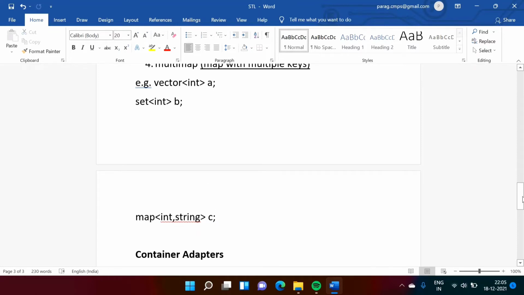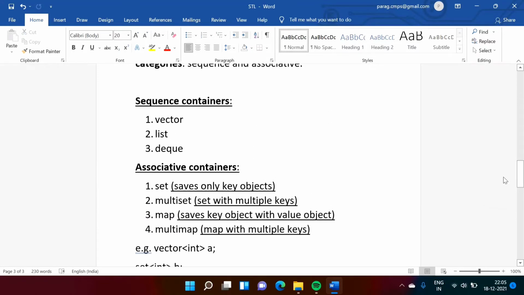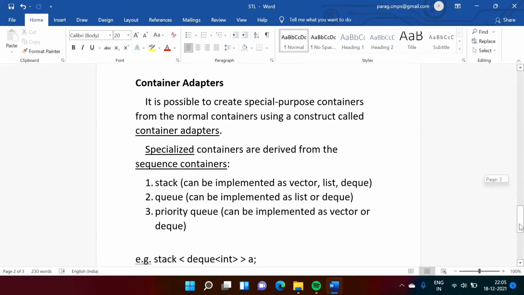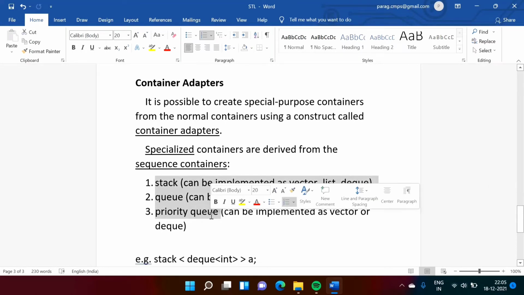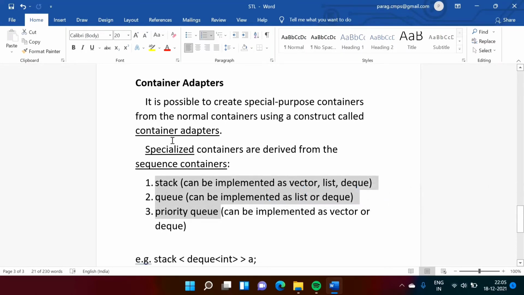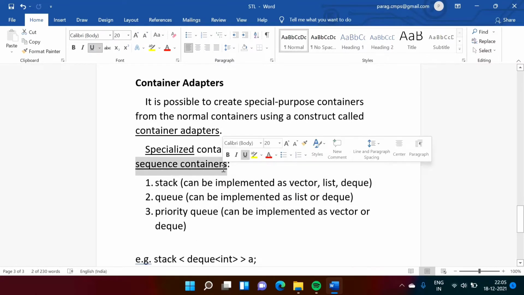Now see, these are the 7 basic containers, and from these 7 basic containers there are 3 specialized containers defined. These are derived from the previously mentioned sequence containers.